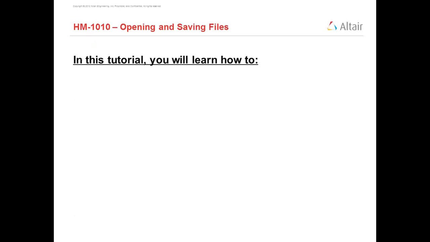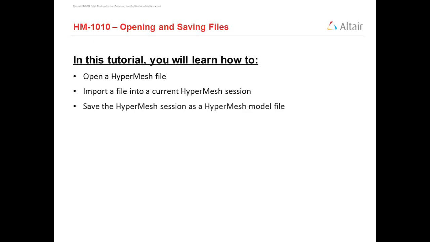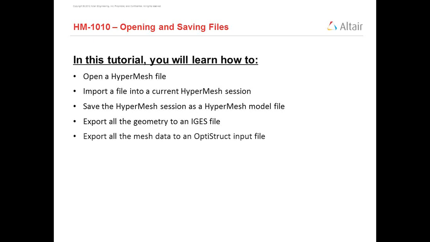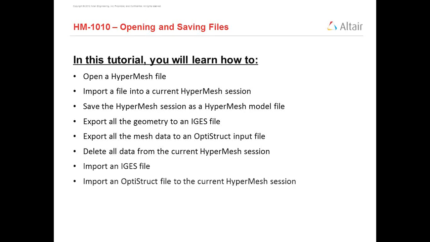So we will start with the opening and saving file tutorial. In this tutorial we will learn how to open a HyperMesh file, how to import a file into a current HyperMesh session, then how to save a HyperMesh session as a HyperMesh model file, then how to export all the geometries to an IGES file from HyperMesh, how to export all the mesh data to an OptiStruct input file, that is FEM file, then how to delete all the data from the current HyperMesh session, how to import the IGES file, how to import an OptiStruct file, that is FEM file, to current HyperMesh session.